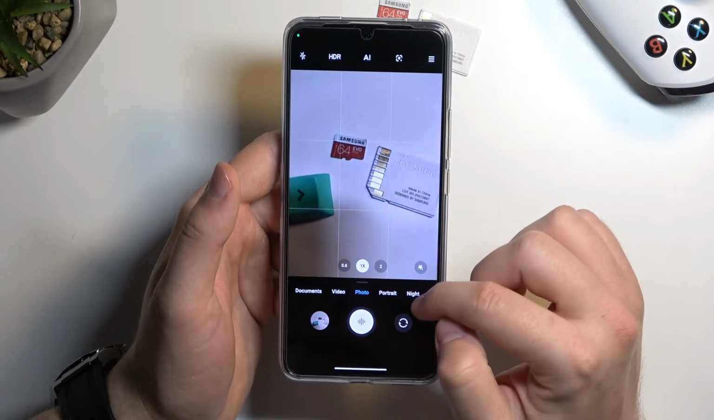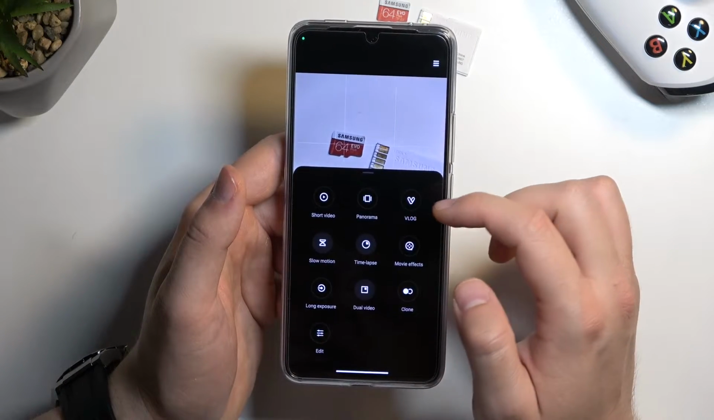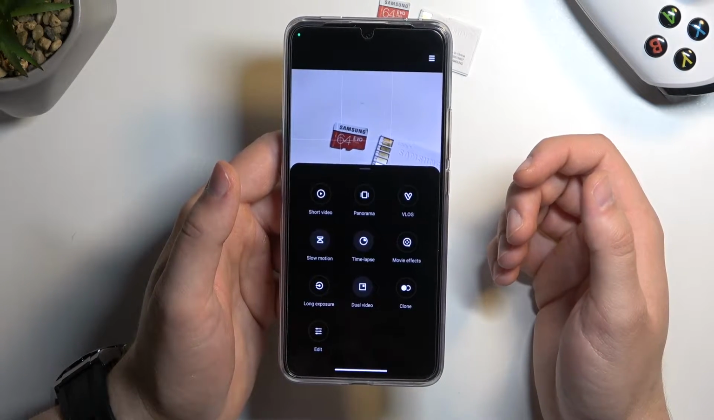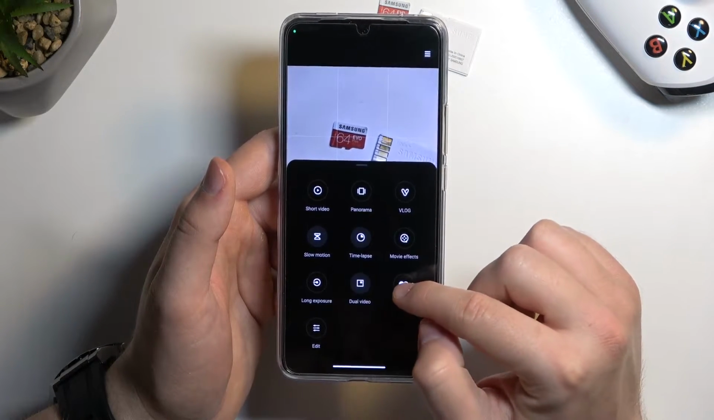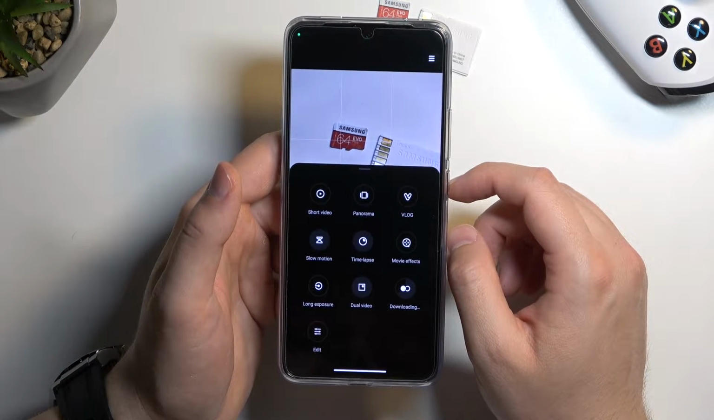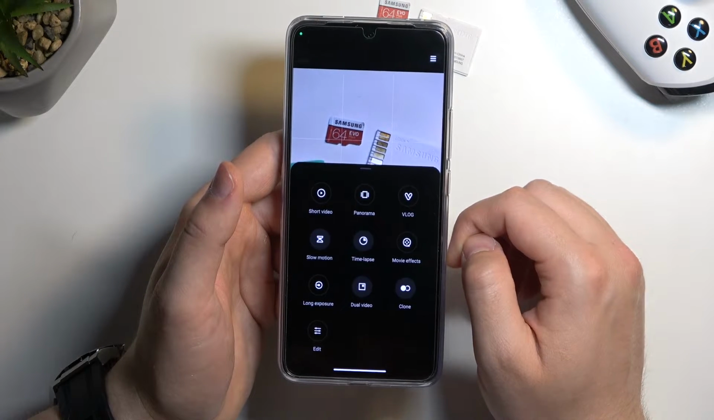Next, I will recommend you to open this more modes, and with the more modes we can find other very useful options, and I want to show you, for example, this clone mode. So we have to be connected to the Wi-Fi or mobile data to download this mode. And that's also the vlog mode